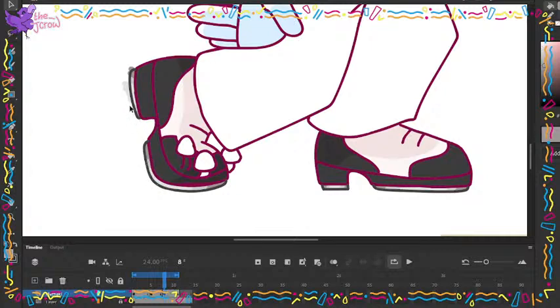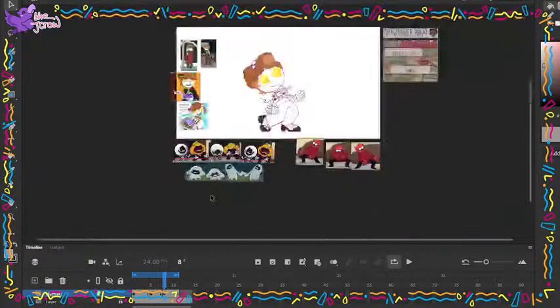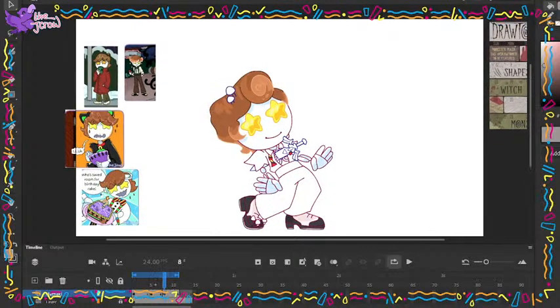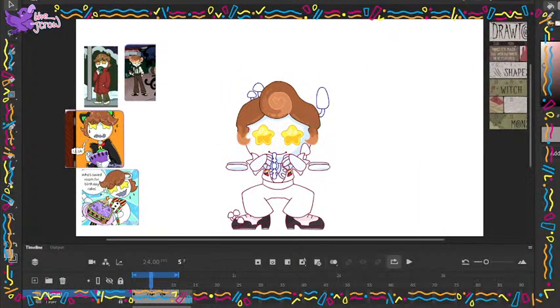Let's see. I'm just cleaning up the edges. Okay, and there's some mushrooms that can be colored. I'm thinking the bioluminescent ones will probably look good on the foot, considering the shoes are so dark.